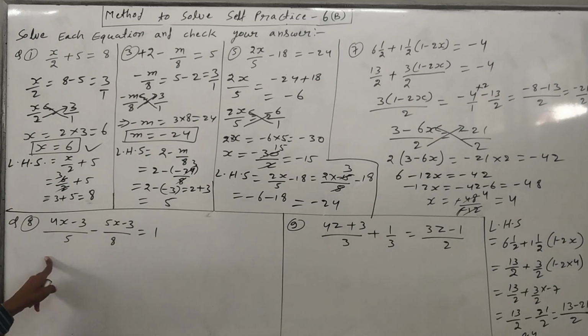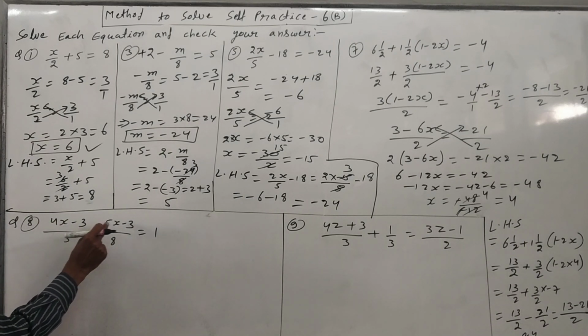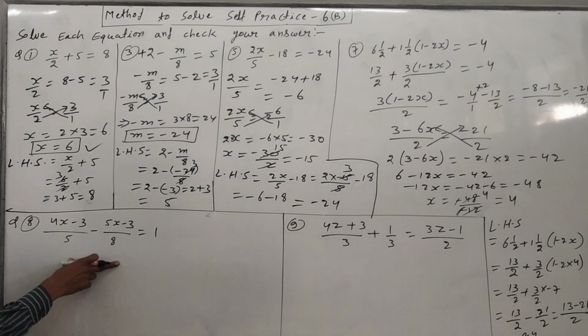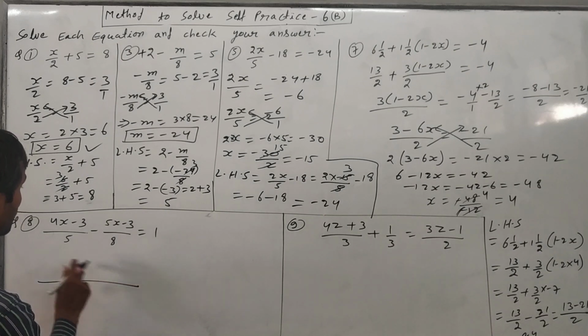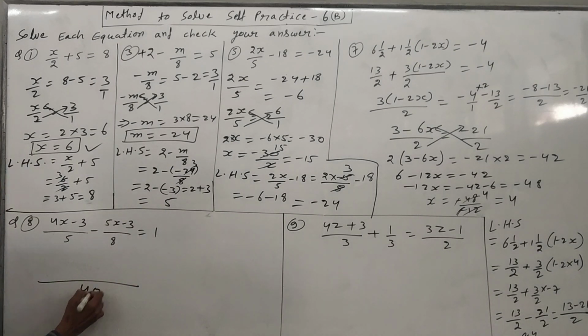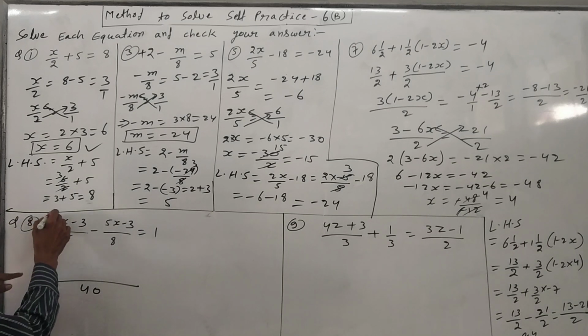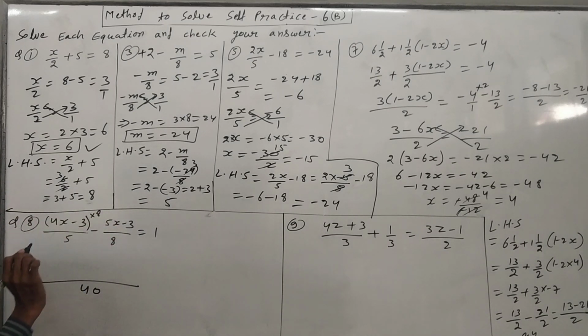Now in question number 8, again we have to simplify this, then solve for the variable, find the variable, then check our answer. Okay, so first of all, here in this, constant and variable are also given, and fractions are given. So first of all we have to simplify this fraction, means we have to take LCM of 5 and 8, it will come 40. How we solve fractions, the same process we have to apply here. In the 5 table, 40 will come 8 times, so we have to multiply both by 8 like this, because the numerator part is 8.